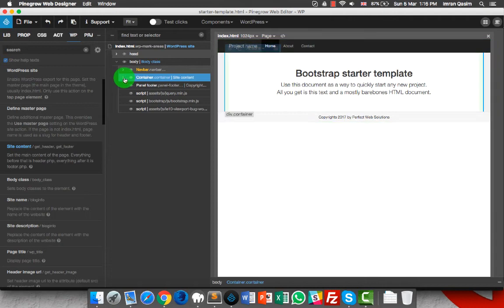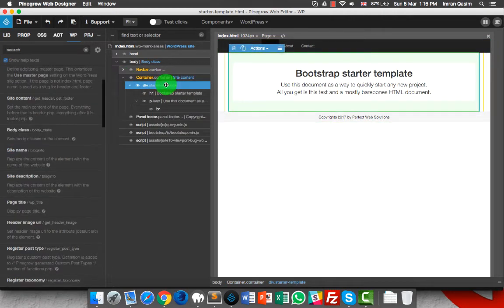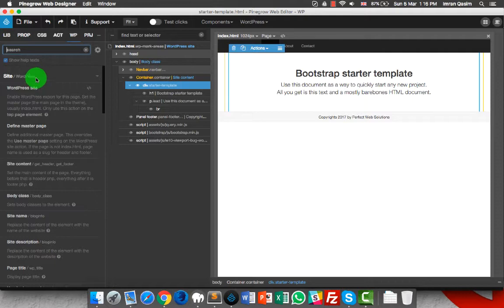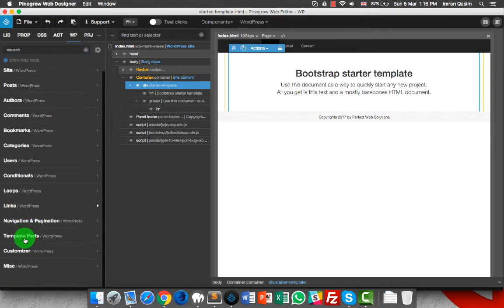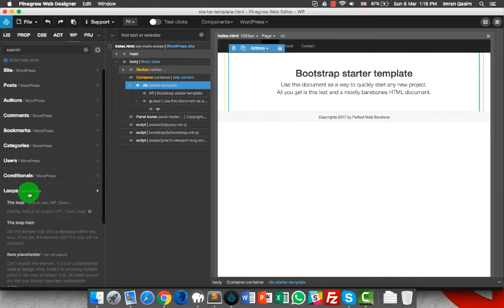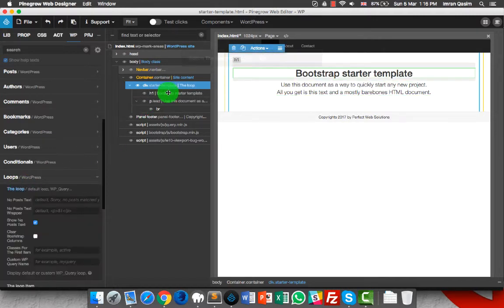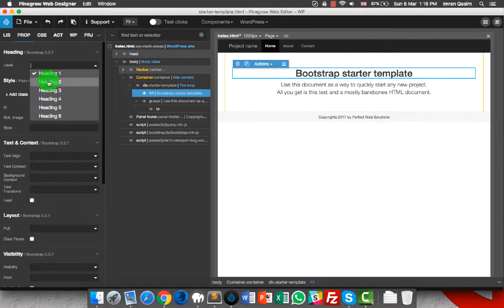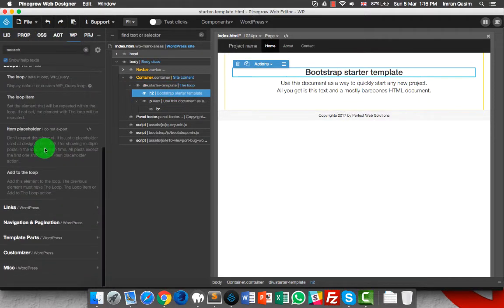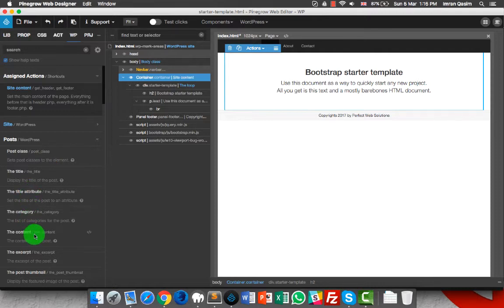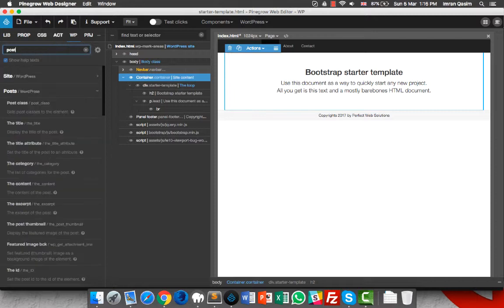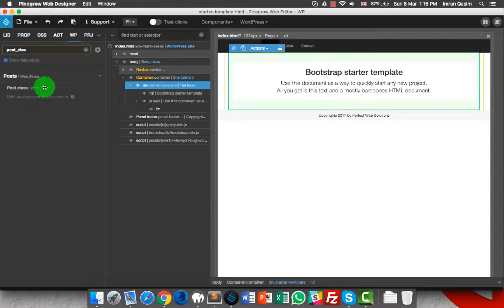So now further I will do the starter template inside the container. I will do the loop function. I will simply go to the loop part and add the loop here. In this one, I will change it to h2, and then in WP I will add the title in the post section, or I have to add site content inside post class as well. Post class, in this loop here I have it.